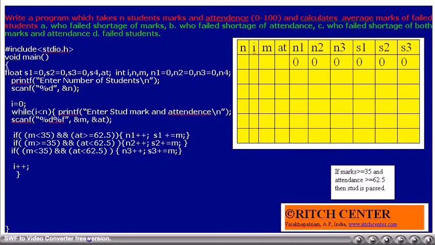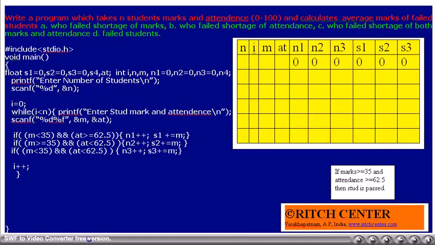That is, if M less than 35 and at greater than or equal to 62.5, then his marks M will be added to S1 and N1 value will be incremented by 1.